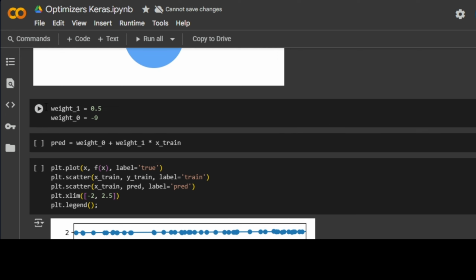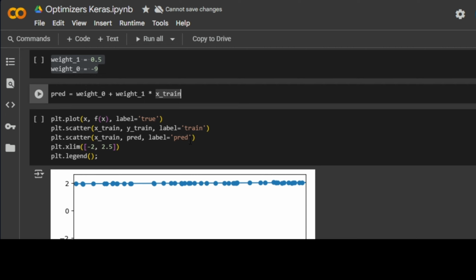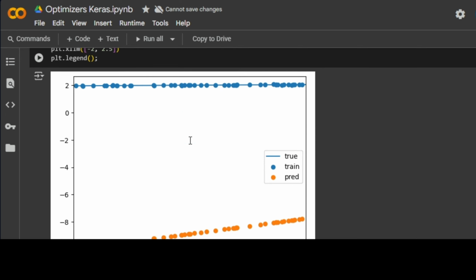After generating the data, we visualize it. The blue dots represent the training points that will be used to train the neural network. The neural network we use is intentionally very simple, just a single neuron, because the goal isn't to build a complex model, but to examine how different optimizers affect learning. We initialize the network's weights manually and make an initial prediction across all data points. Of course, the initial weights don't fit the data well, but we can already visualize the predictions and compare them